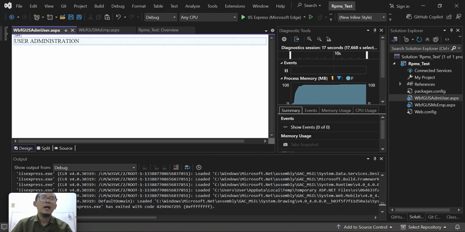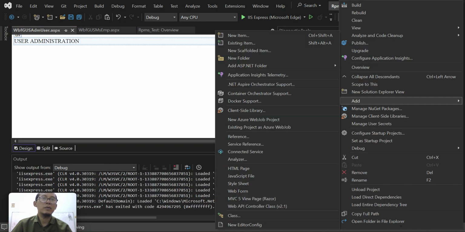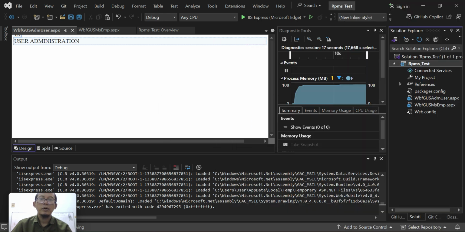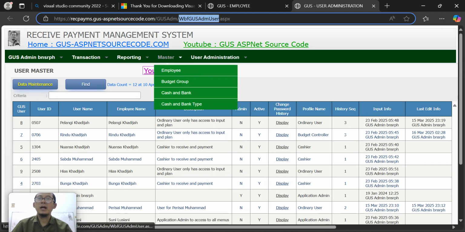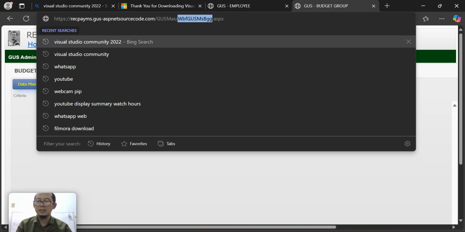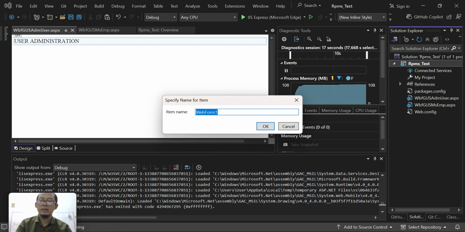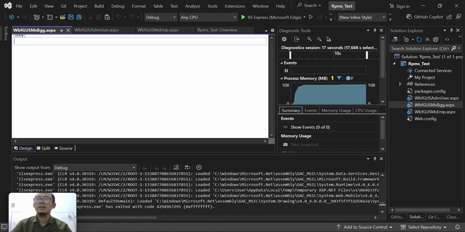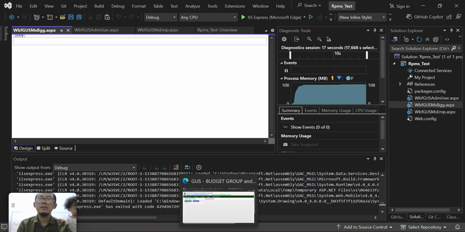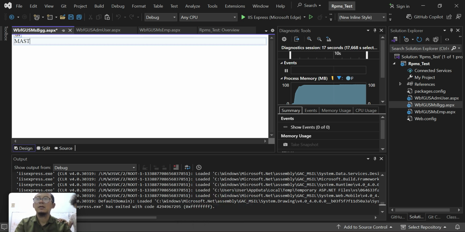Now let's see again, what if I add a new web form? For example, I will add a budget group. I will create a new web form named master budget group.